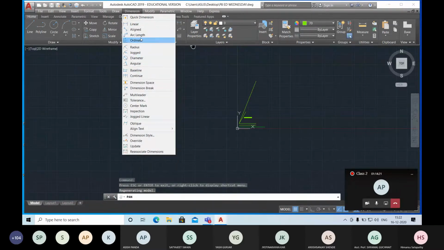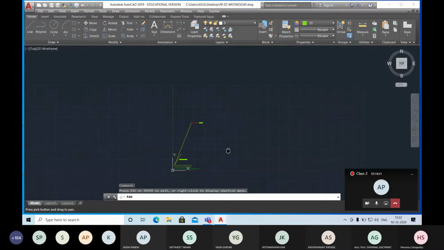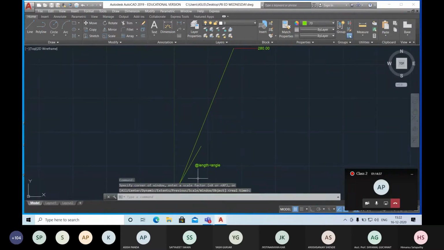When you drag horizontally, you are getting the y ordinate. Because I have already 30 mm above this point, it is 30 plus 250. This is 280.